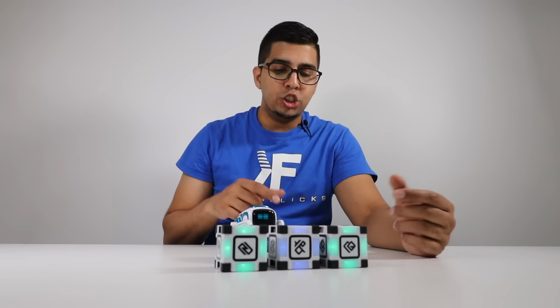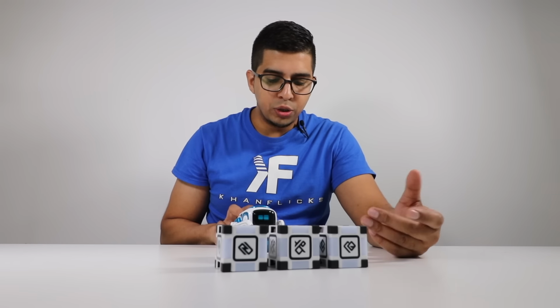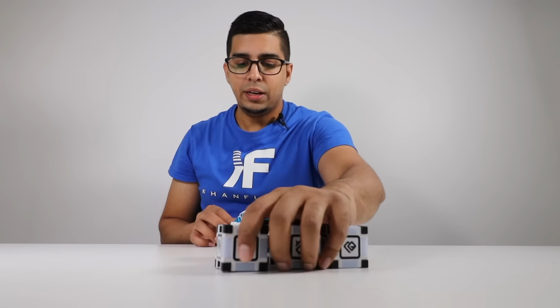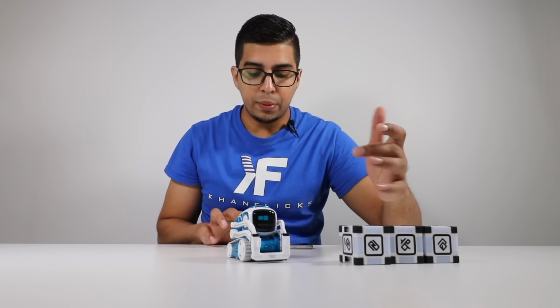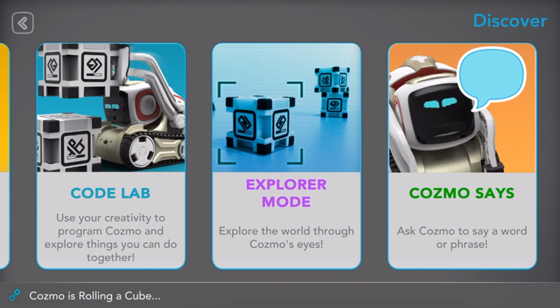So this here is a Jackpot Bot game that somebody designed. So, you know, that's actually really nice that you can do that. And then there's like sandbox mode. Now, sandbox mode allows you to create your own projects. Now, if you go back into Discover mode, there's the Explorer mode, which allows you to go ahead and see